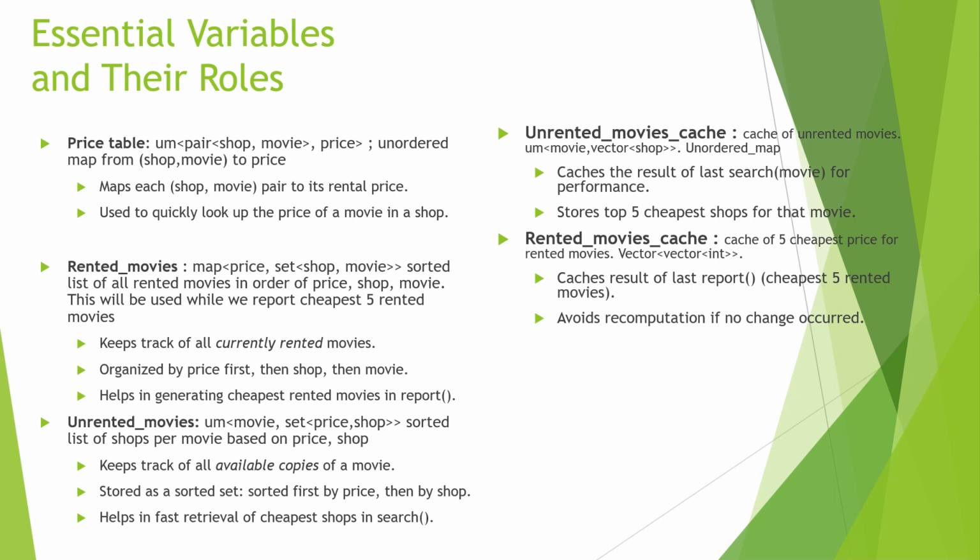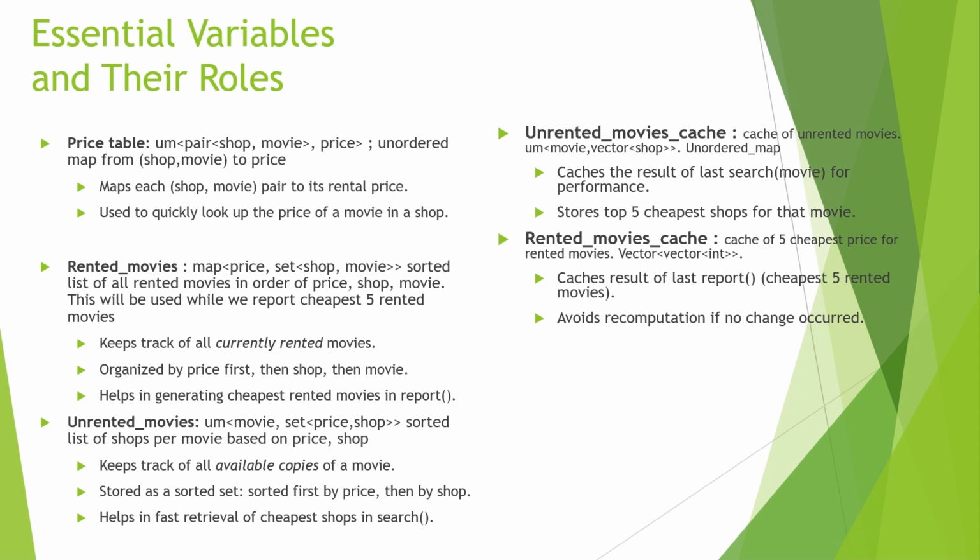The third kind of variable would be unrented movies. Unrented movies would be helpful while we search a movie. So when we search a movie, we return all the shops that carry an unrented copy of that movie based on price. And if the price matches, it would be based on shop. So in order to fetch all the shops that carry a movie